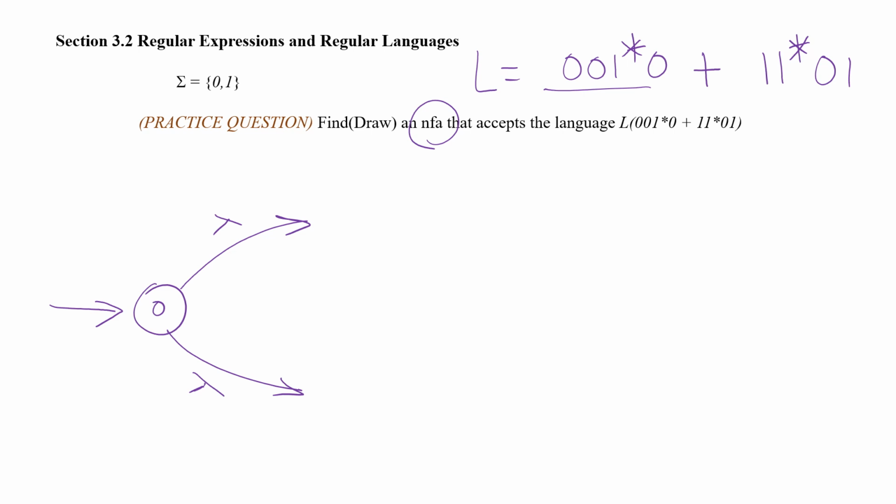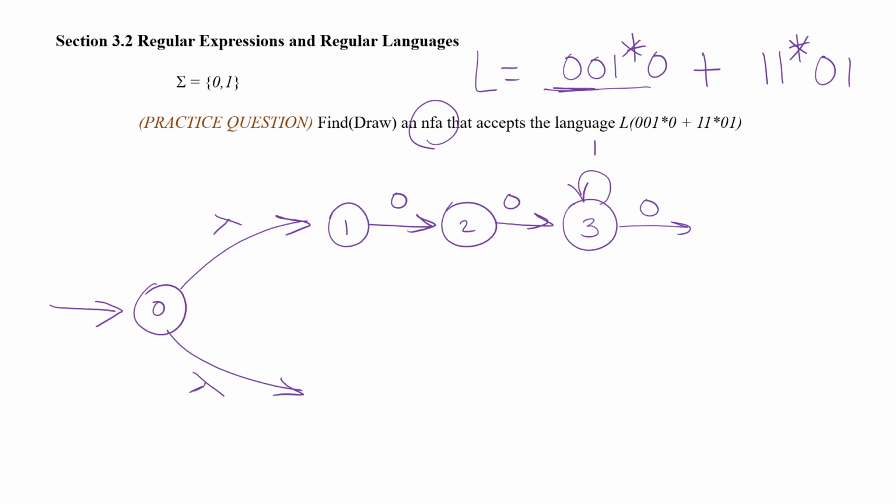So this language up here is just going to be a 0, followed by a 0. You have to have 2 zeros, followed by any number of 1s here, followed by a last 0. And then that would be accepting. So 0, 0, 0 is in the language, but in there you can have any number of 1s. Then over here,